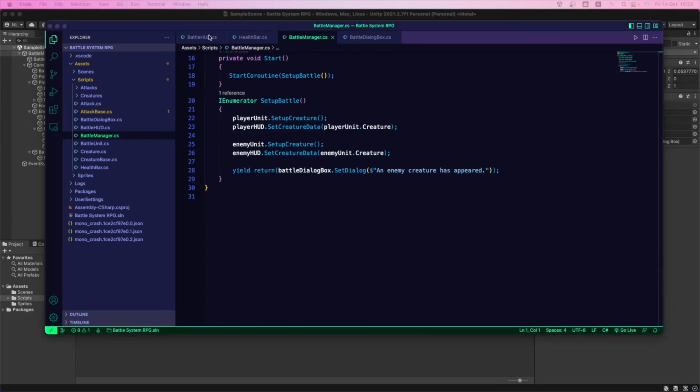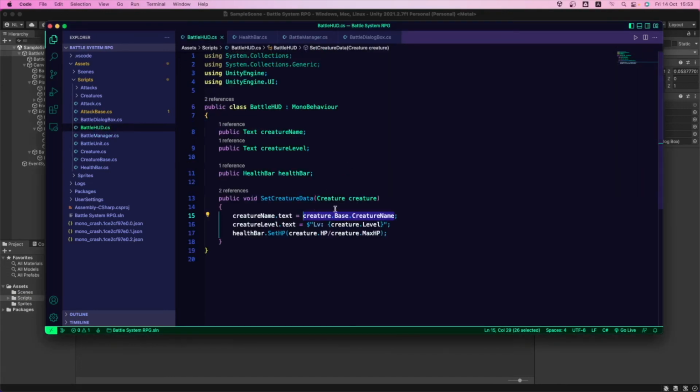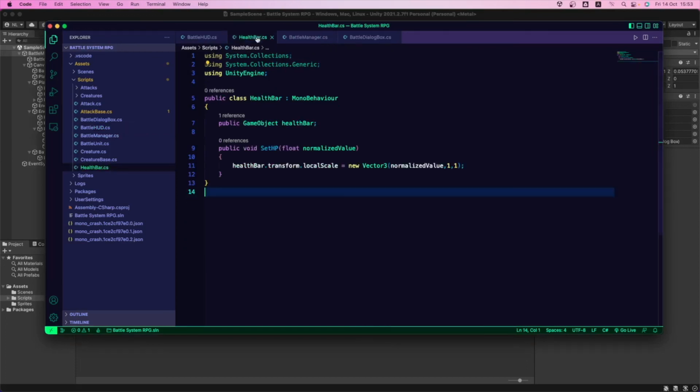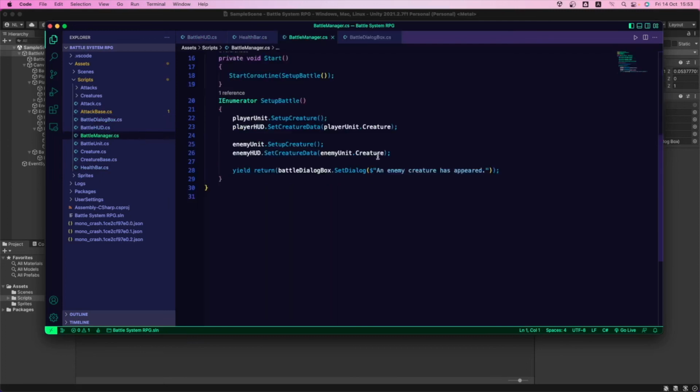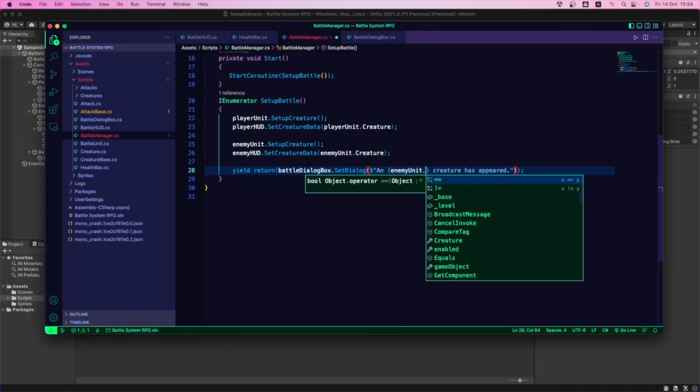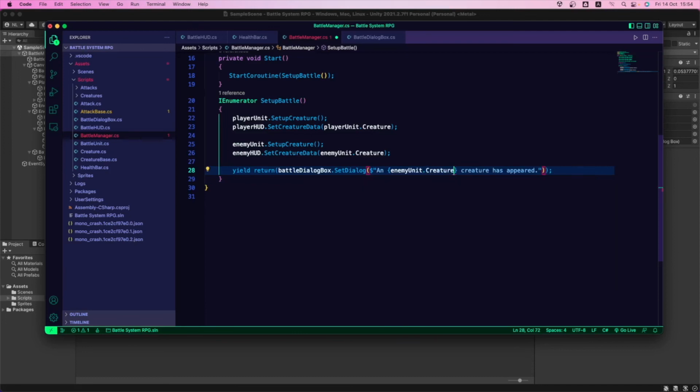Remember, in the battle HUD we are using the name. It works just like that. Okay, let's go back into the battle manager, and we're gonna open here curly brackets, and we're gonna say this is gonna be an enemy unit, and inside the enemy unit it's gonna be a creature.